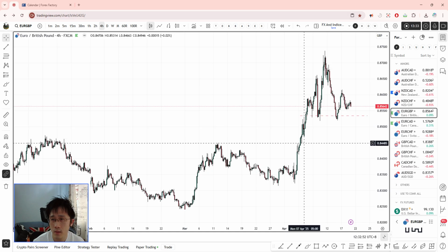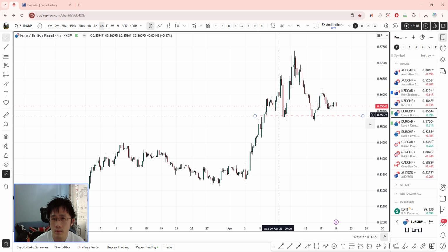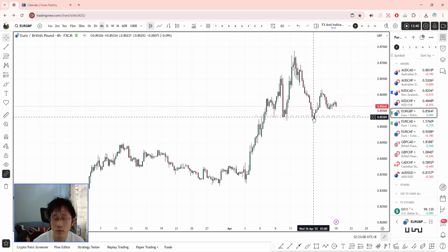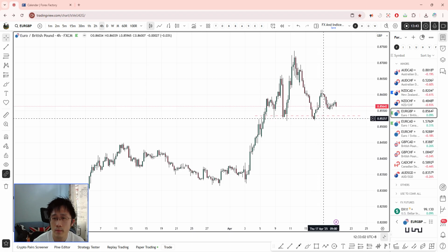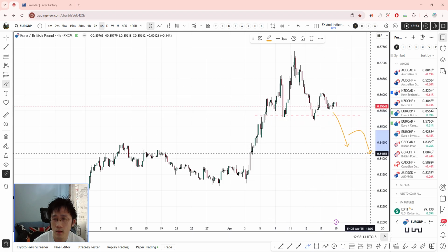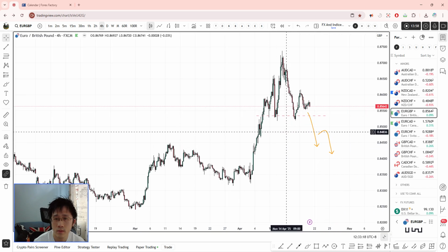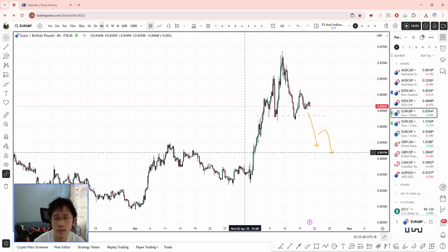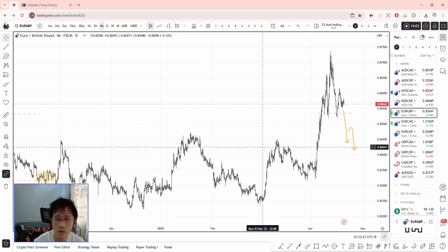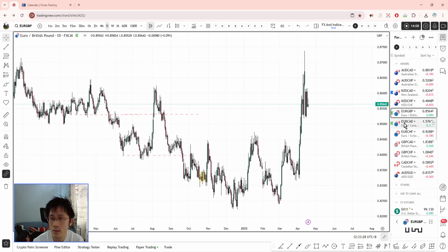Then for the EUR/GBP, it has actually made two moves already. And if the euro is going to be weak, then probably you will see this coming off as a head and shoulders over here, the left shoulder and the right shoulder. If it breaks, then probably it would have a bit more downside to come. You see that there's quite a bit of clearing over here. So that's for the EUR/GBP.